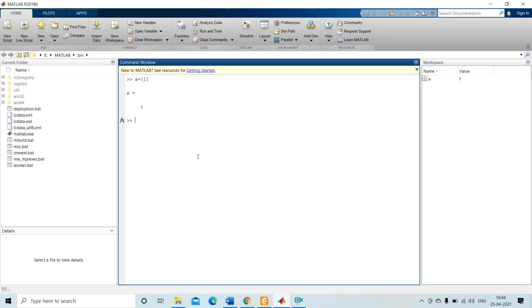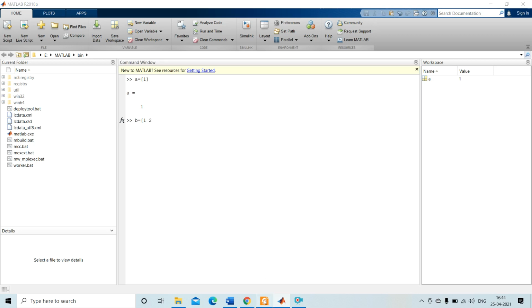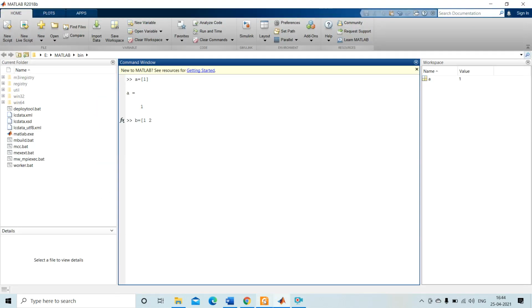Similarly, when I take another variable b equal to 1 space 2, see, here we are getting one row and 3 columns. Okay, one row and 3 columns, so it is a row vector.